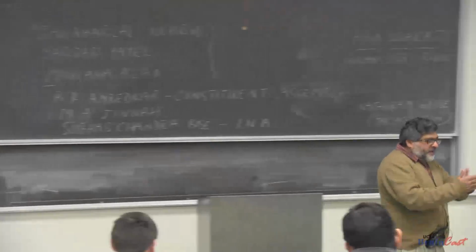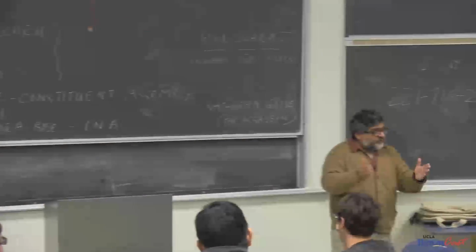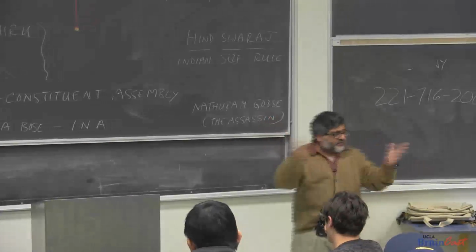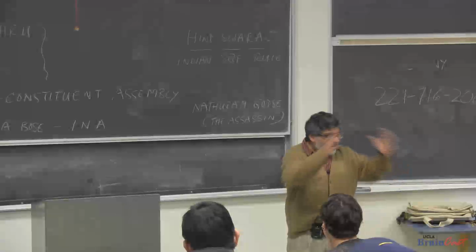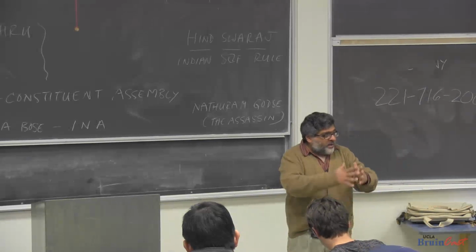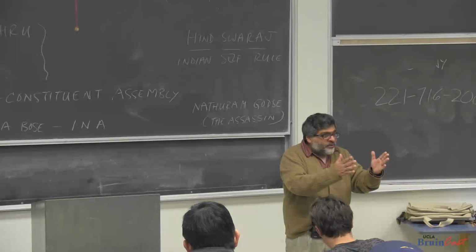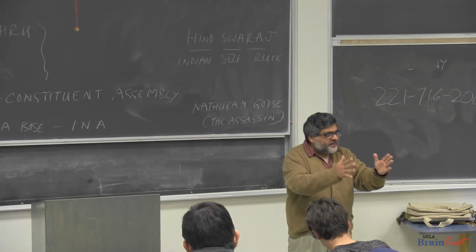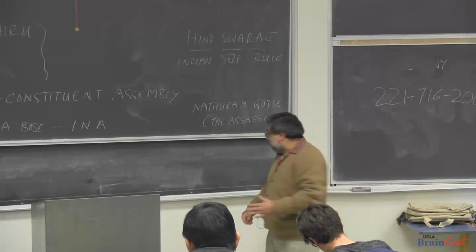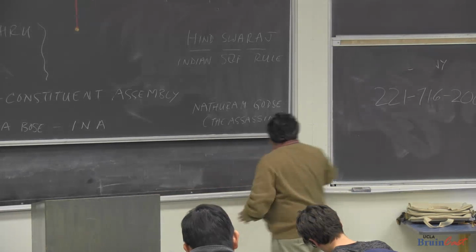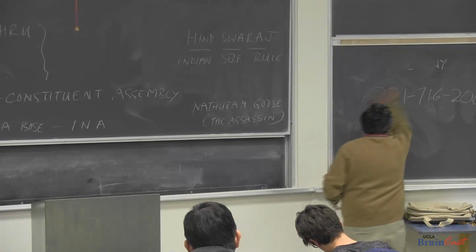Because when independence is achieved, it comes at the price of partition. That is, there's going to be two nation states that are going to be created now. One is, of course, India, and one is Pakistan, which is a Muslim majority state. Okay, a Muslim majority state. And when I say Muslim majority state, let me just show here,